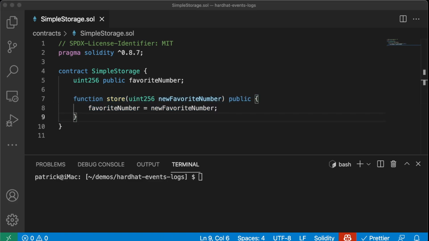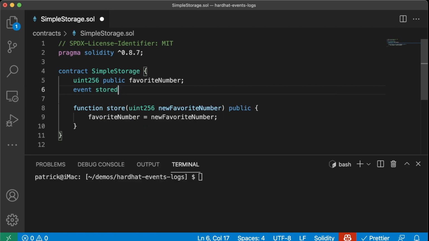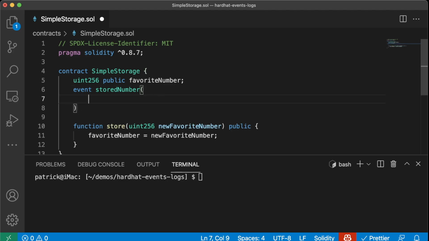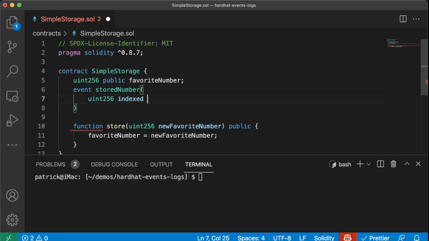But let's say we want a front end, or maybe even a Chainlink node or some device, to get up to date or to listen or to do something whenever this happens. We can go ahead and create this event for whenever this number is updated, okay? So the first thing that we're going to do is create an event, StoredNumber, and give it its parameters. So we're going to give it a uint256 indexed oldNumber,